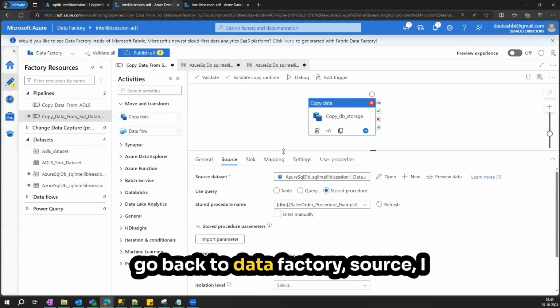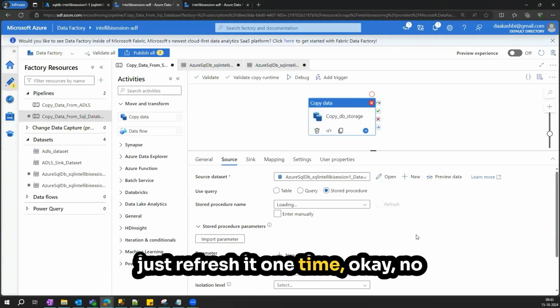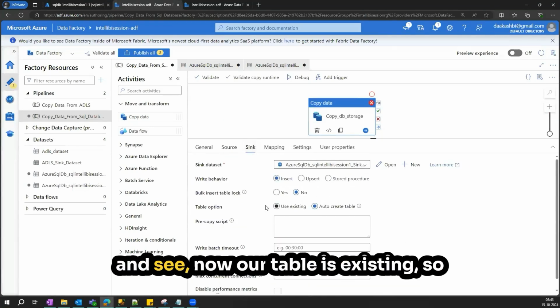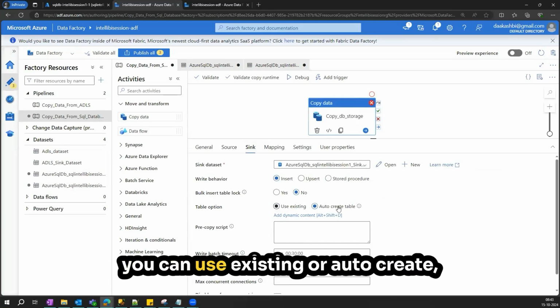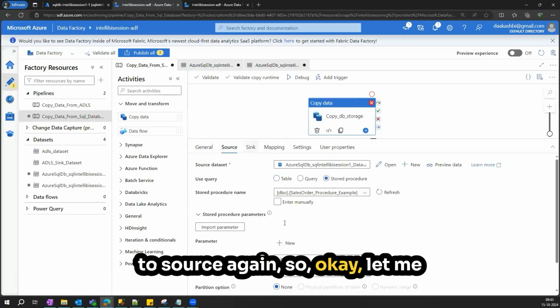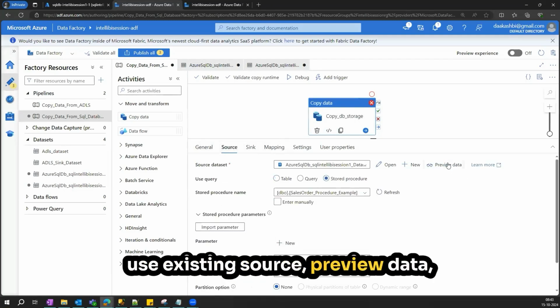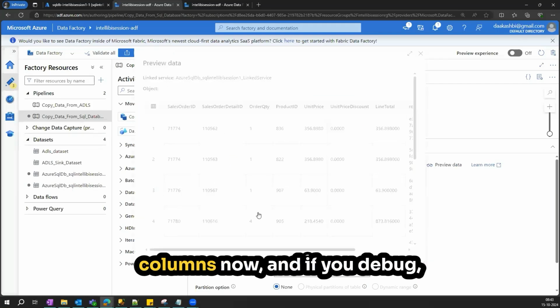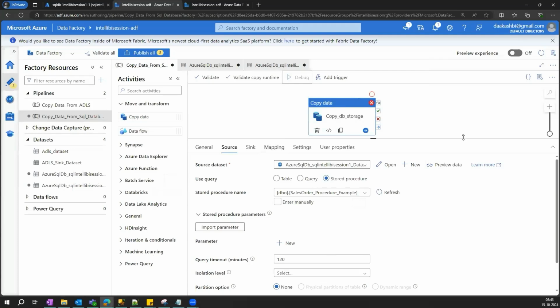We go back to the Data Factory source. I just refresh it one time. No change, no need to change the procedure. In the sink, now our table is existing, so you can use existing or auto create, anything is fine. Coming back to the source again, let me use existing, and preview data. It will show the same columns now. And if you debug,